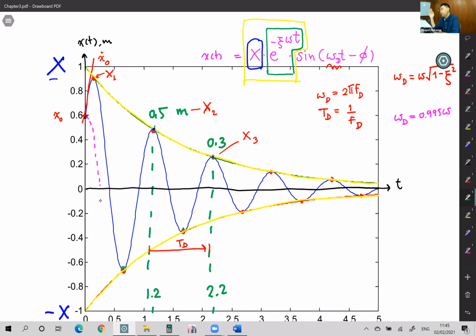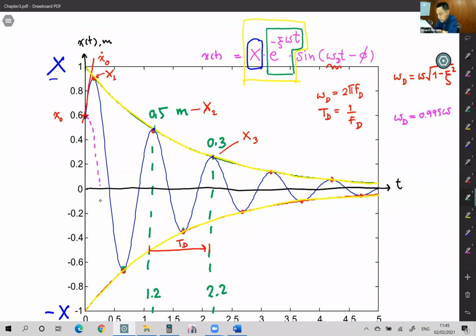And then your building will keep moving as a sine function back and forth to the maximum movement of the big X and to the minimum movement of the minus big X, X, minus X, X, minus X forever,